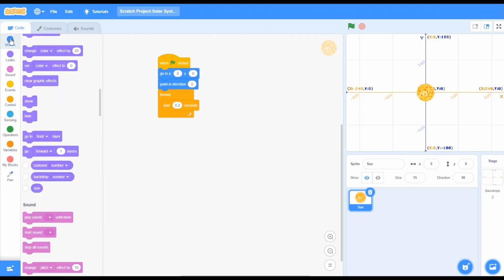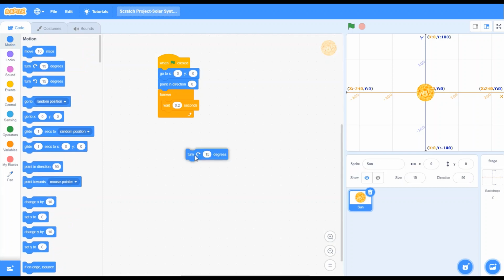Then I will go to the motion, then I will pick turn 15 degrees so that the sun will turn 15 degrees. See, yeah, it's working. The sun is turning 15 degrees. Now let's stop it.